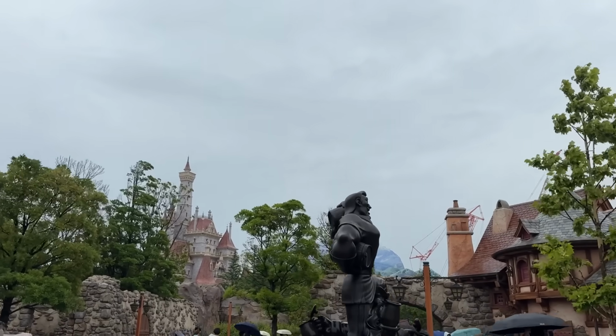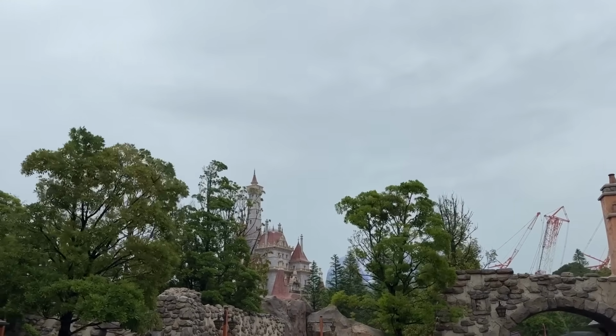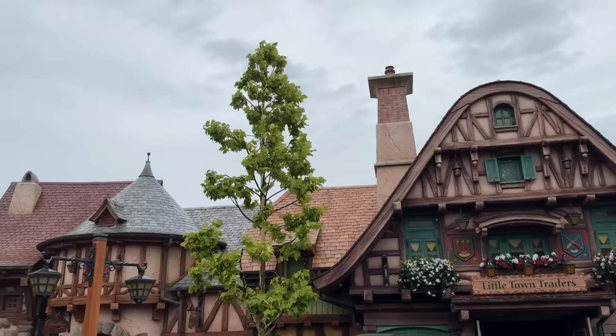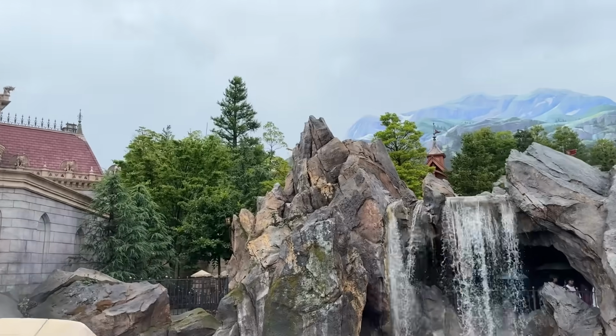It'll be all right. It's supposed to stop soon, but I will say that because it's literally by the ocean, you are going to have some rainier months. But a plus is that it's not very hot, and we were told it would be as hot as Orlando, and it's lovely temperature-wise. We have made our way over to the Enchanted Tale of Beauty and the Beast, and